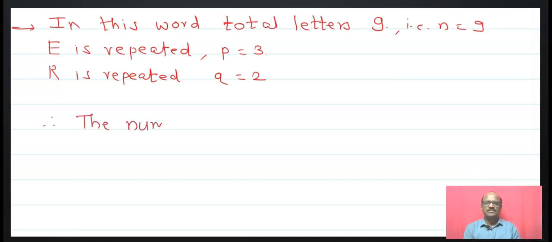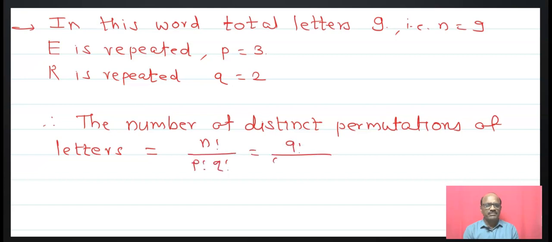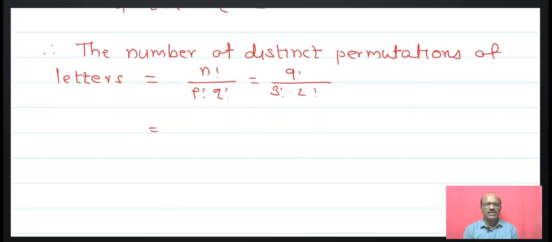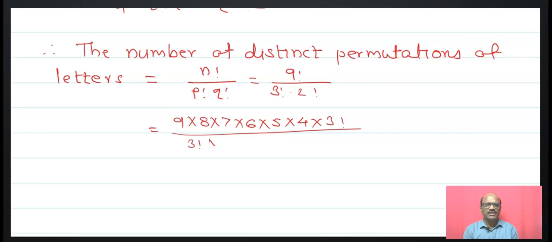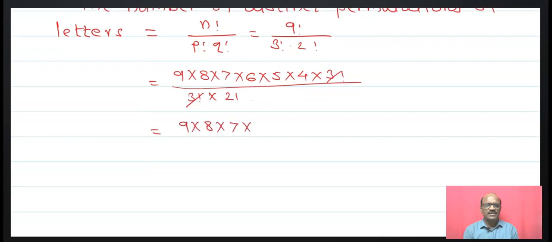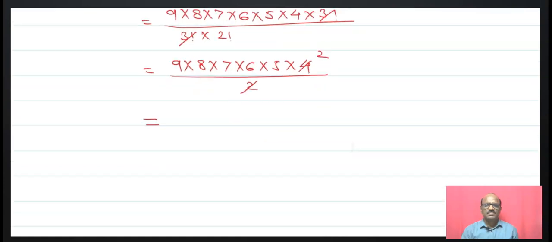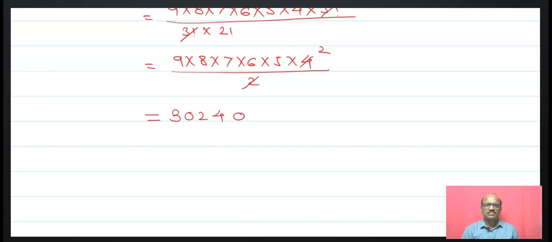Therefore the number of distinct permutations of letters, that is n factorial upon p factorial into q factorial, that is 9 factorial upon 3 factorial into 2 factorial. Therefore the 3 factorial and 3 factorial get cancelled. Therefore you can perform this type of multiplication. That is 30,240. Now next,